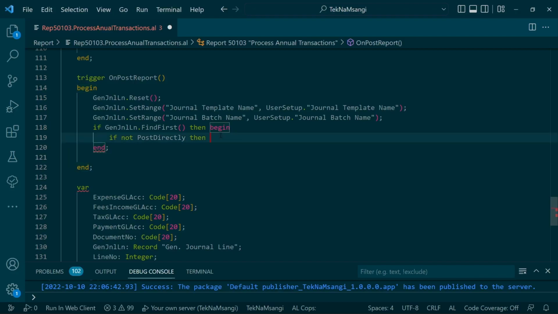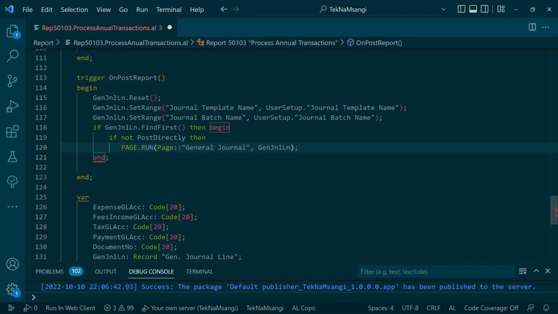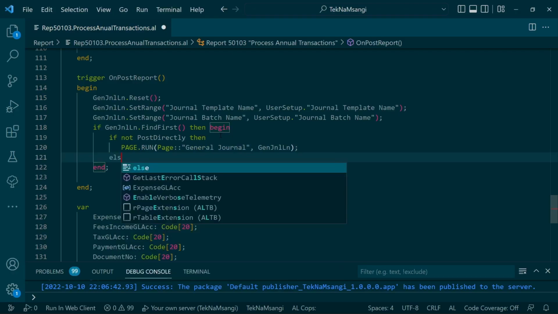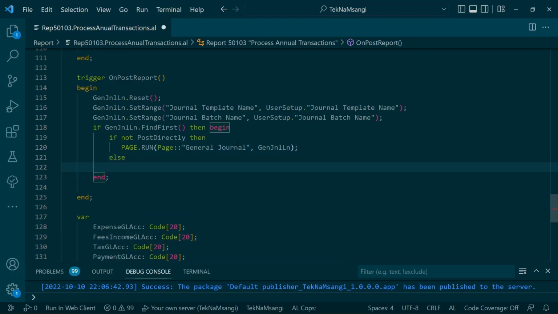for the user to post from the journal template. Remember, if the journal is not a general journal, you might need to have another layer of trying to know if it's a general journal. So this is not really much advisable. So else, if everything is okay and you need to post directly, you can just run the code unit